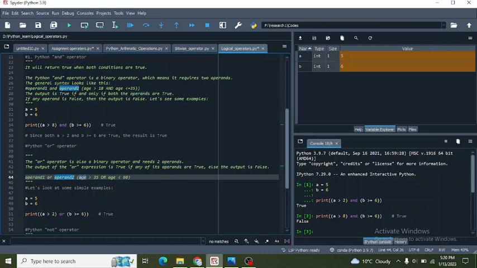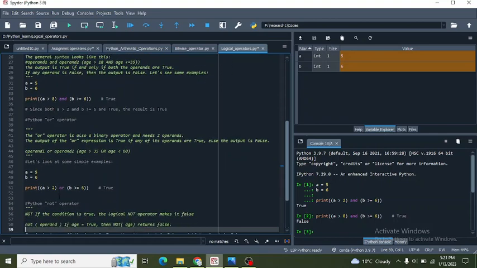This is age should be greater than 35, or, the logical operator, age should be less than 60. Either one of the two conditions should be fulfilled. Let's look at some examples.